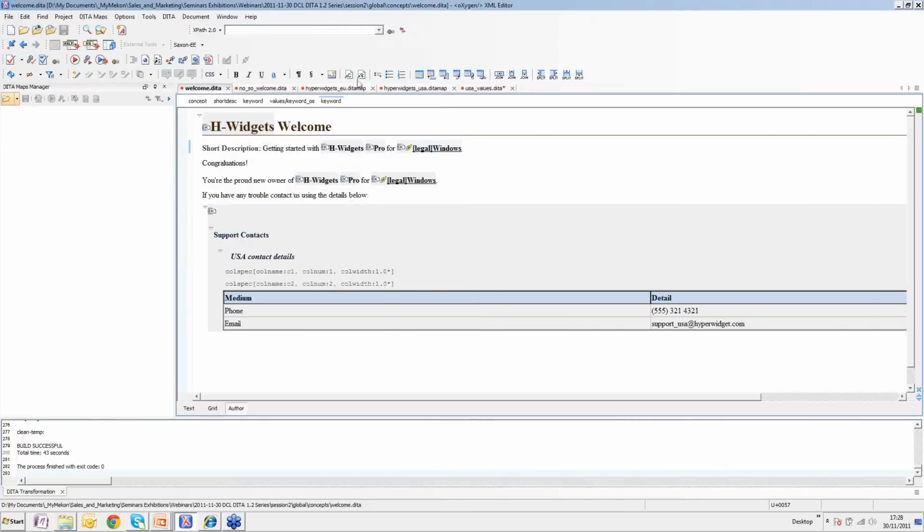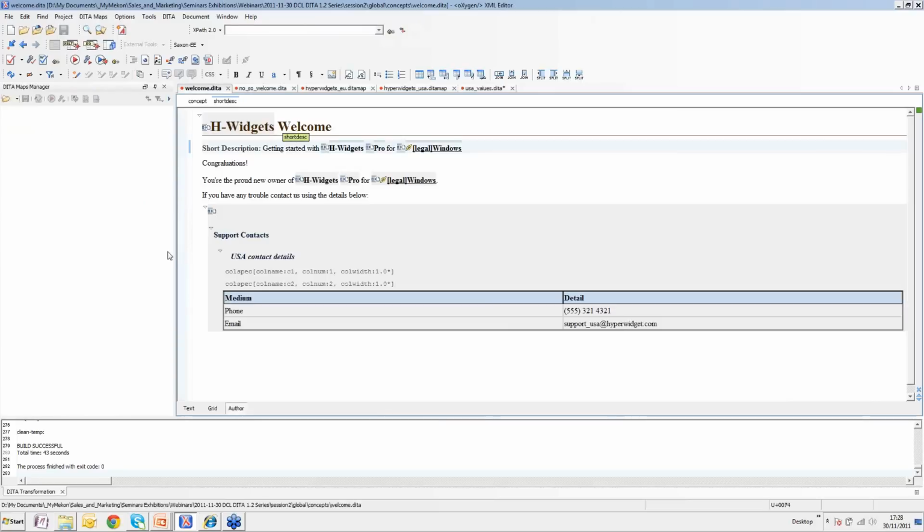Okay. So now I've got nothing open in my map manager. My map manager is how I tell the editor what context I'm talking about. So when I switched back and forth between hyperwidgets and hwidgets, I did it in the map manager. Now with nothing open, if I refresh, the whole thing freaks out